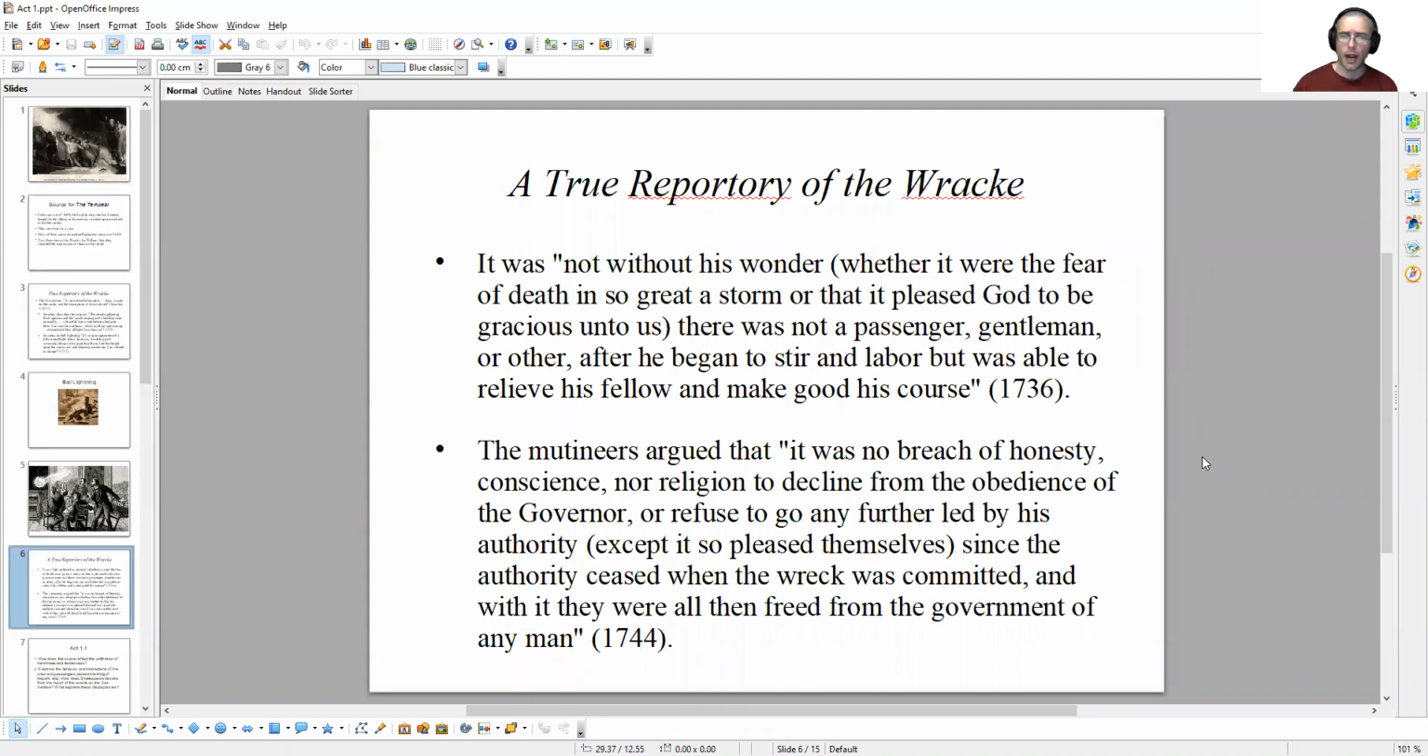In the True Repertory of the Wreck, Strachey says, it was not without his wonder whether it was the fear of death in so great a storm, or that it pleased God to be gracious unto us. There was not a passenger, gentleman, or other, after he began to stir and labor, but was able to relieve his fellows and make good his course. In other words, in the context of the storm that he's reporting upon,